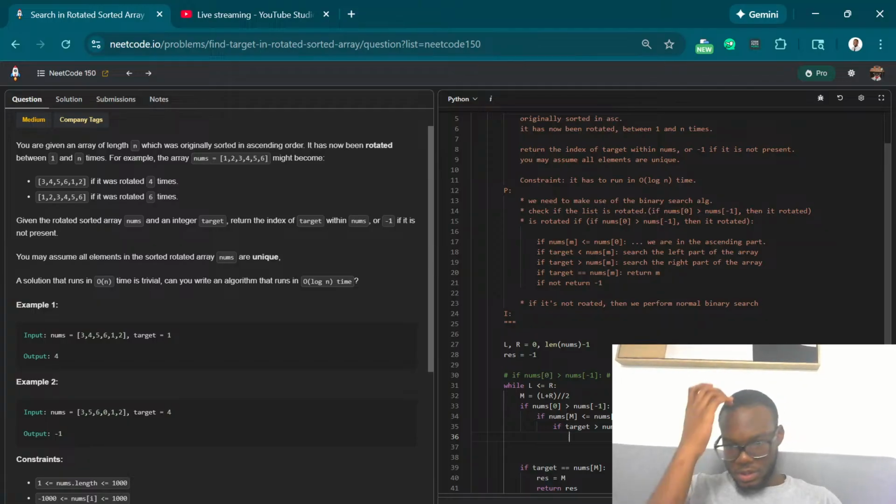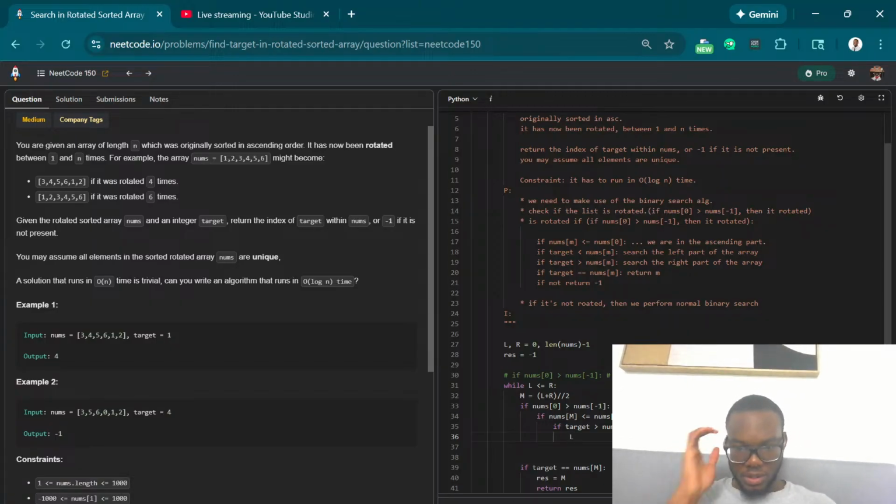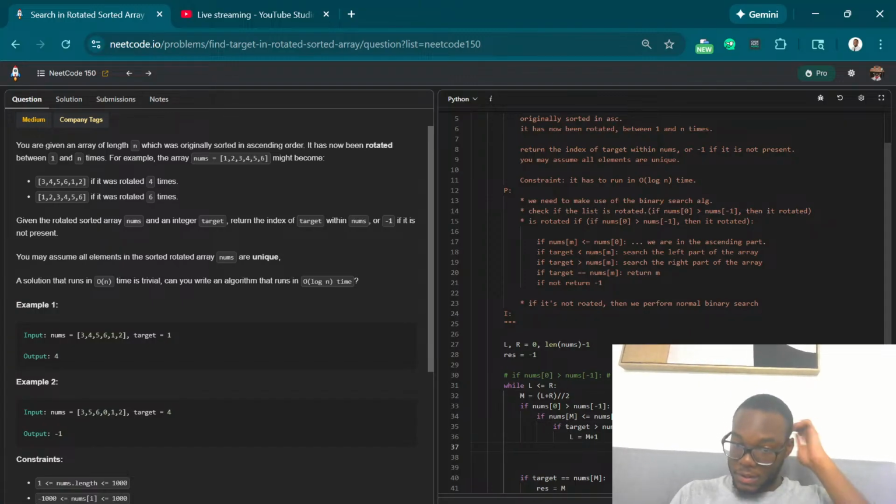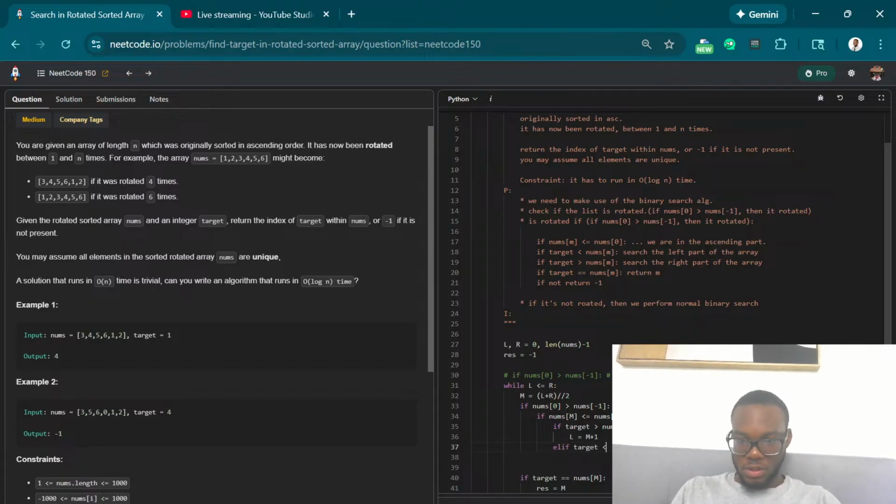So that means left is going to be this one. Yeah, that's basically what it is. Left is going to be this one, and right remains the same. And if it's less than